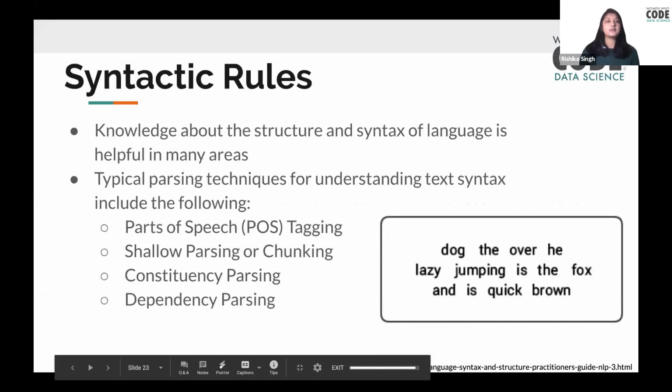And so lastly, we are going to go into the syntactic rules as the last challenge. Knowledge about the structure and the syntax of language is helpful in many areas, such as text processing, annotation, and parsing for further operations, such as text classification or summarization. There are a few different parsing techniques that are typically used for understanding text syntax, and they include the